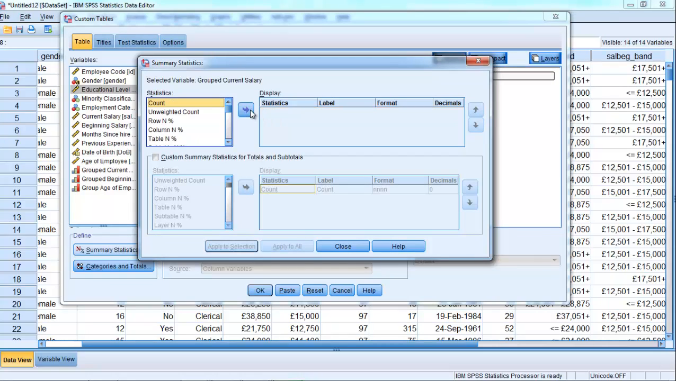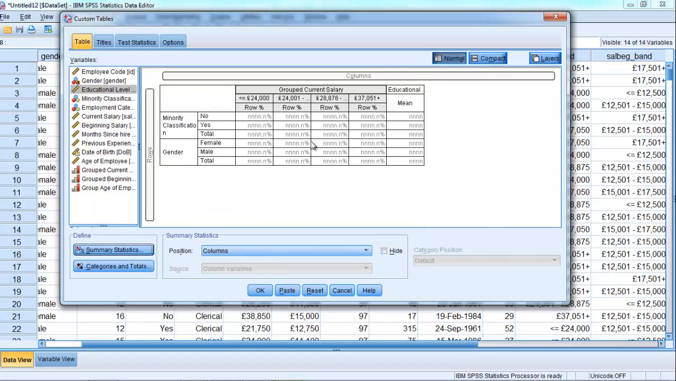And with regard to what's actually being shown here, which is counts, I can go into summary statistics and say, well, actually, I'm not that interested in a count. I'm probably more interested in the row percentages. And if I don't like the label for that, I can change it and edit it. So I've got a lot of control here over what's actually going to appear within